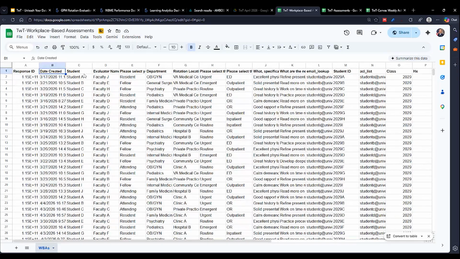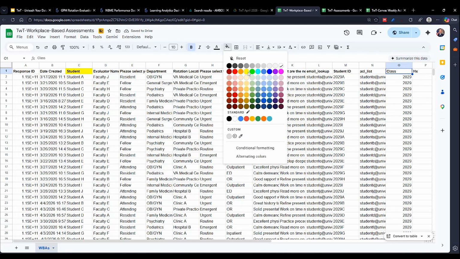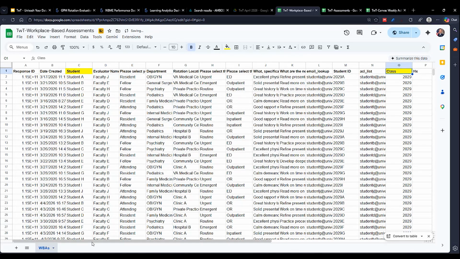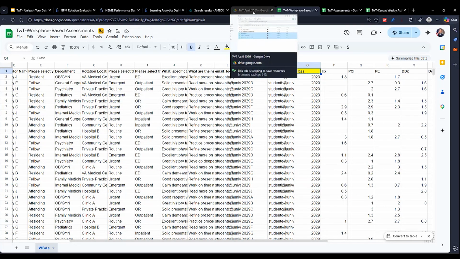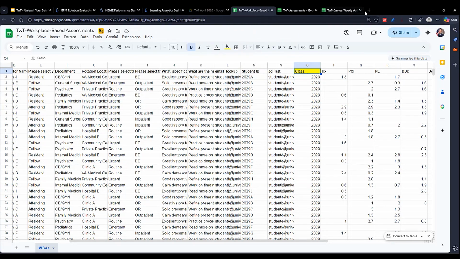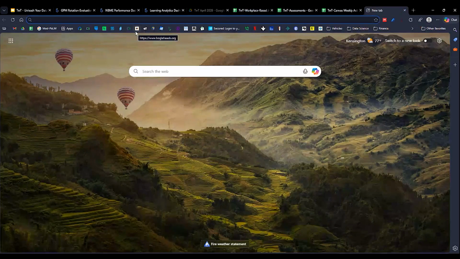If we want to be able to filter by student, we just need to make sure that those column names are the same. So we have a student column name. We also have a class column name. And now let's use this to build a dashboard. So we have 3 different data sources here. And we're going to go to